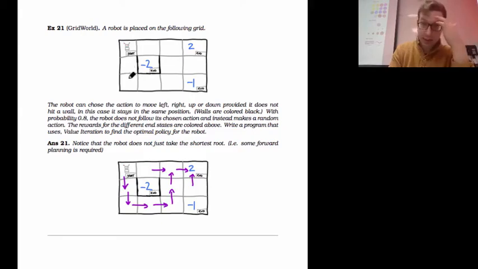Now, the job of the robot is to reach one of these end positions. If it reaches this end position, he loses £2. If he reaches this end position, he loses £1. If he reaches this end position, he gets £2. So essentially he wants to get to here.